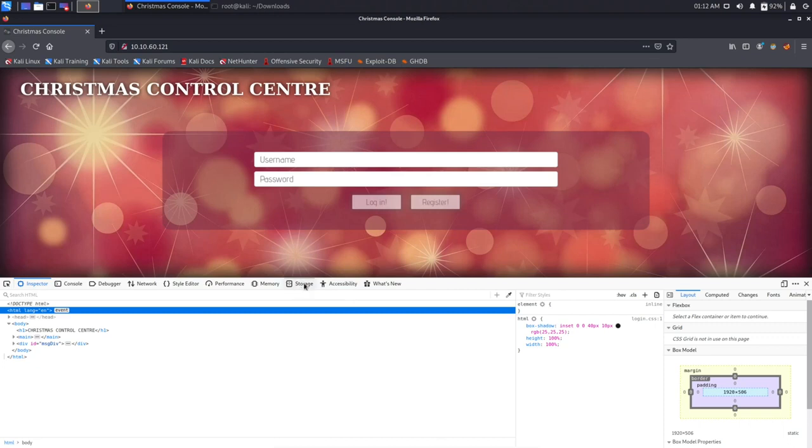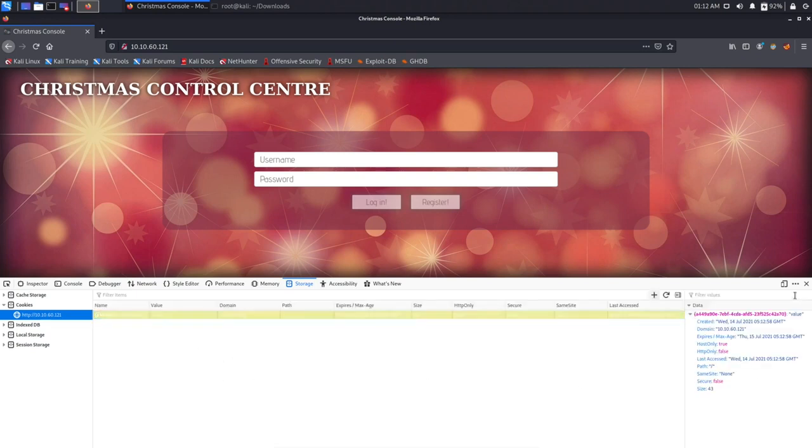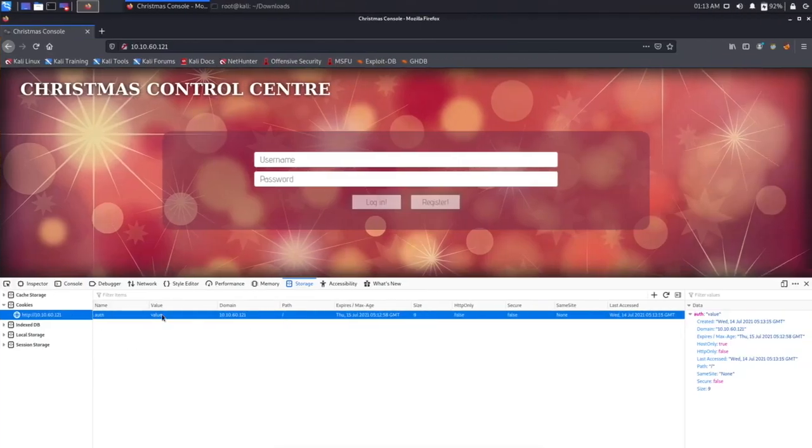go to the storage section, and under cookies there are no cookies right now. So I can click on the add button over here, and for the name I can set auth, which is the name of the cookie. For the value I can set the content of the cookie.